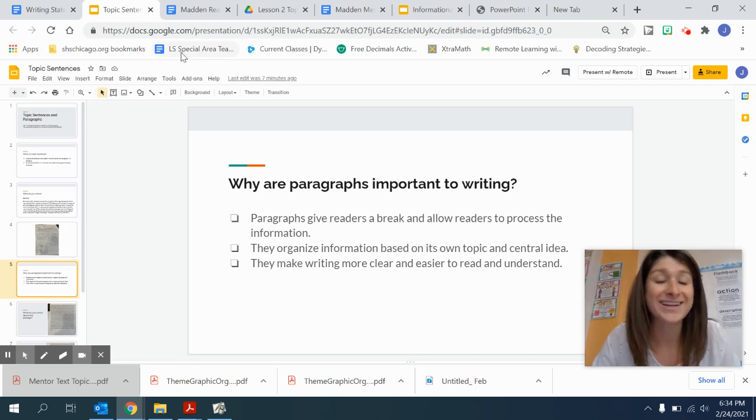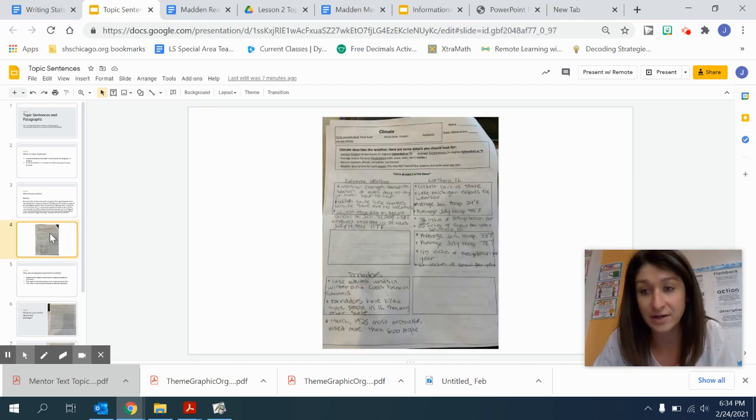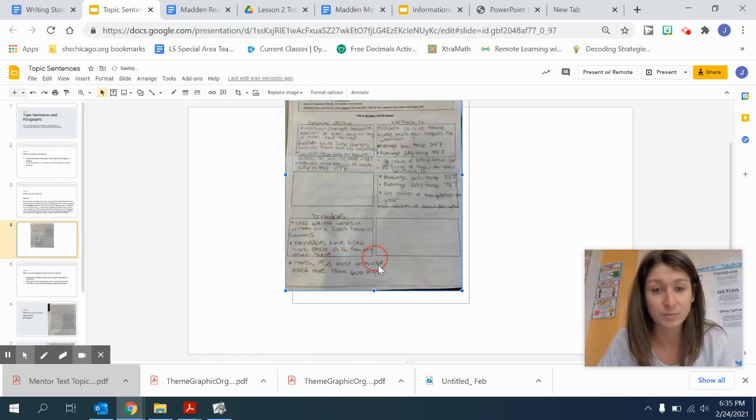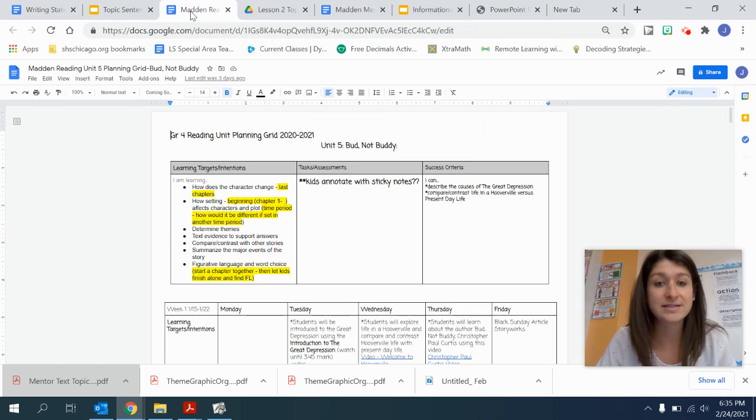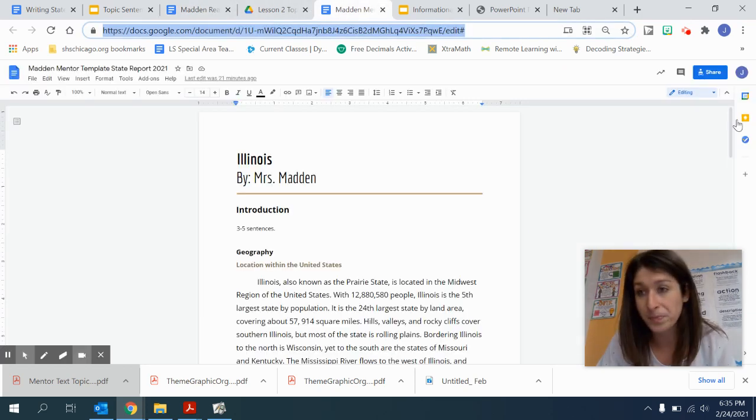is an example of how I took my research from my state notes here that you see. And to refresh your memory, we've got extreme weather, we've got northern and southern Illinois, and tornadoes. I wrote my topic sentence yesterday, but now I've taken the time to write the rest of my paragraph. And what I needed to do was make sure I was thinking about how my ideas were grouped together to break them up into separate paragraphs. So let's take a look at my example.